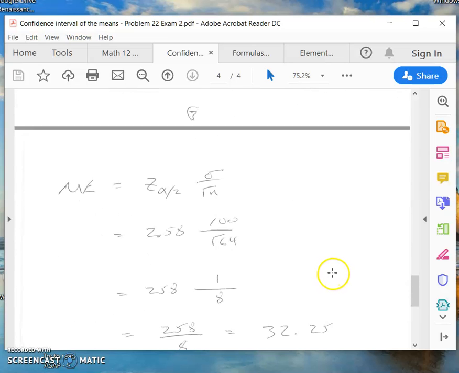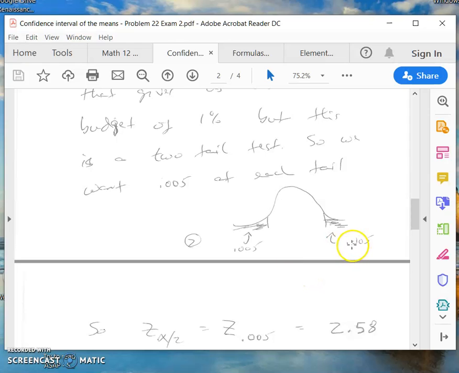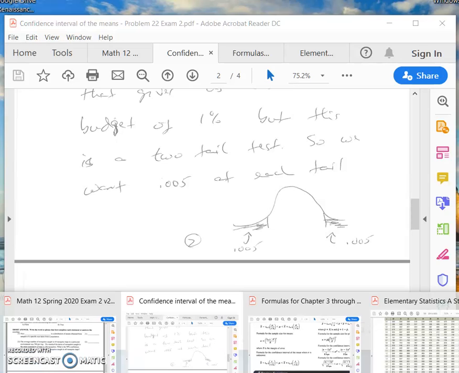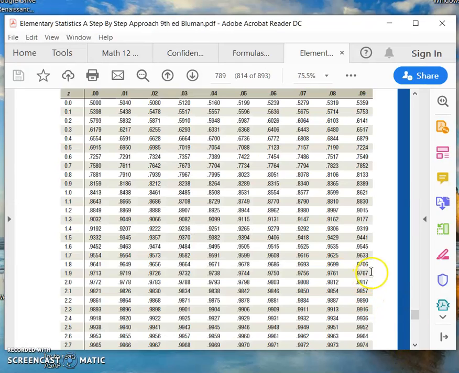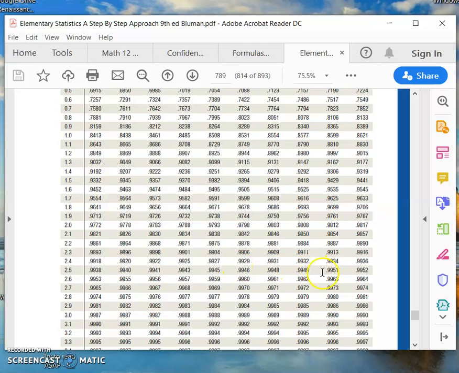So this error budget is 0.005. Okay, so 0.005 over here, 0.005 over here. Add them together, you get the 1%. So you want 0.005 over here. Well, what does that translate to? What that means then is 0.005 to the right means that it is,